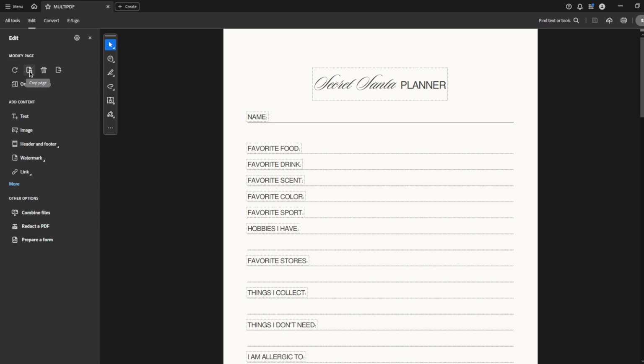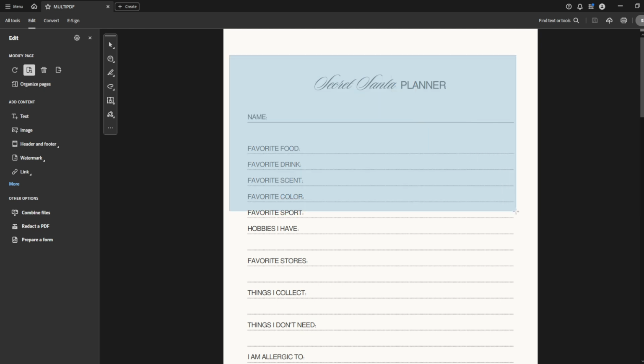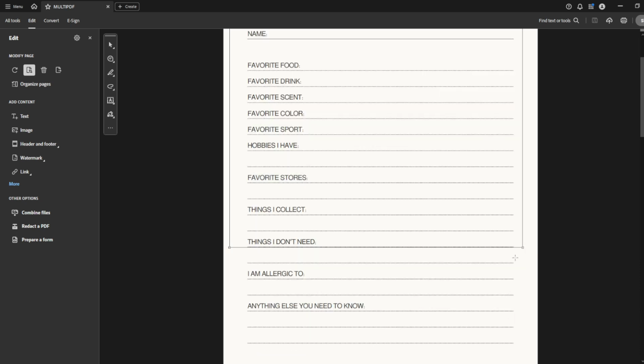Next, find the section called Modify Page. Within this section, you'll see the option Crop Page. Go ahead and select it. This tool is going to be your best friend as you work through trimming down your PDF to exactly what you need. Cropping pages is particularly useful when you want to remove extraneous margins or even unwanted text or images